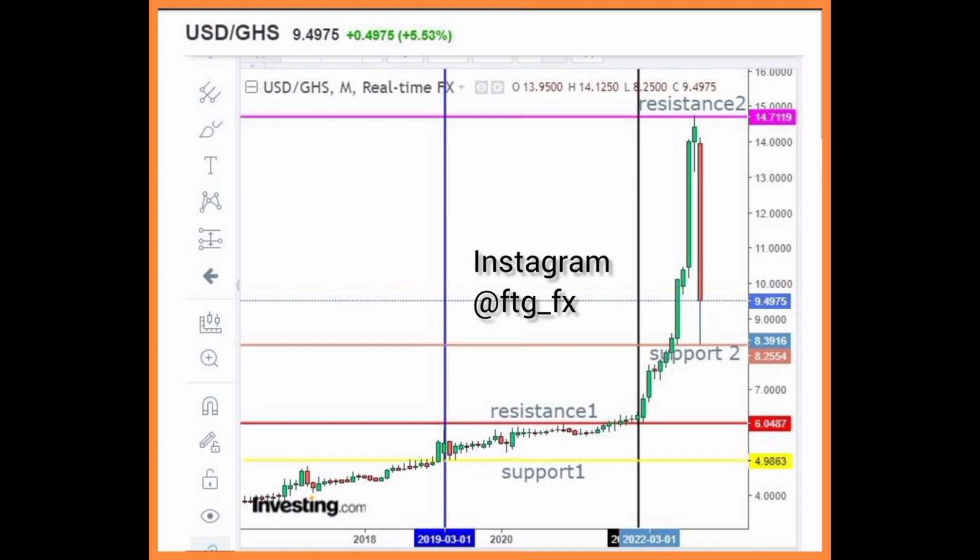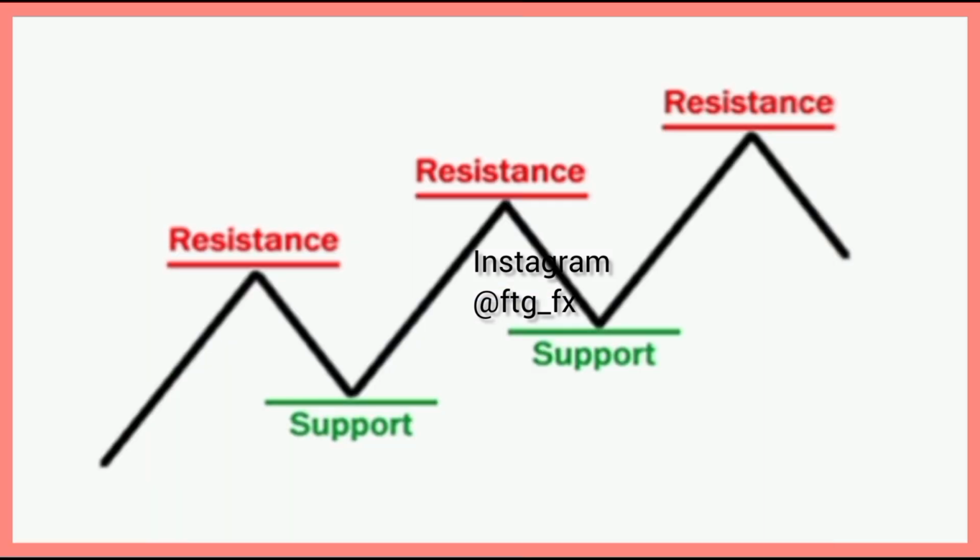So we are going to start with technical analysis first. The picture there shows the performance of the Ghana Cedi against the US dollar. Before we continue, I would like to explain these key terms to you: support and resistance. In technical analysis, support is the lowest price, and resistance is the highest price in a